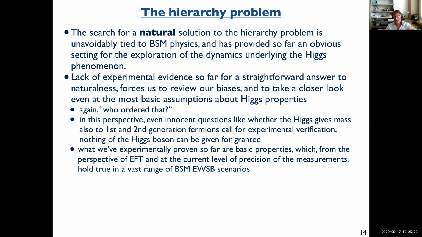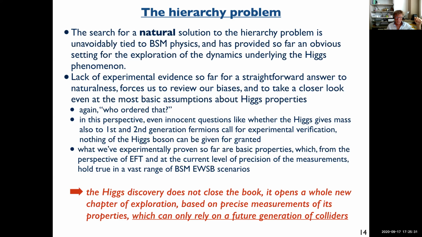It's just a matter of expanding in powers the Higgs potential and verifying that it behaves the way it does. So that means that we haven't closed the book. If anything, we've opened a completely new chapter of exploration that will be based on precise measurements of the properties